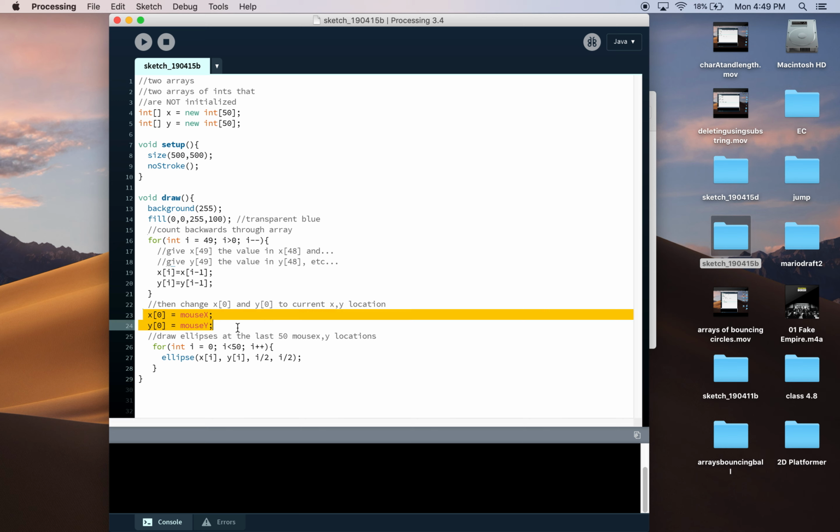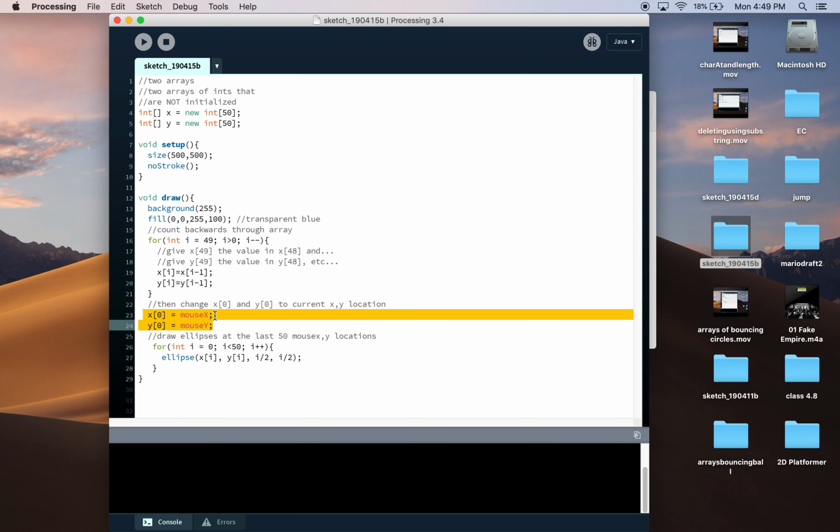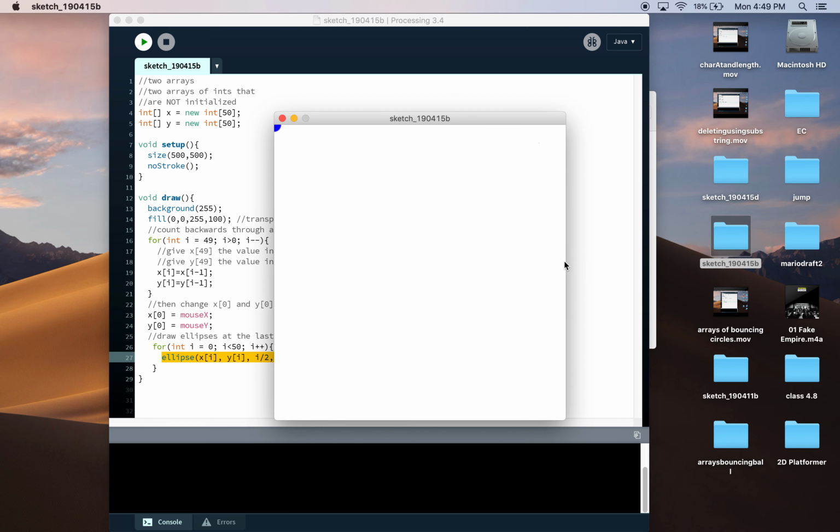Then once you're finished with that, just one time after the for loop, you assign the first one, the x0 and y0, to the x and y value of the mouse, and then display all 50 of them, so it's the 50 previous locations of x. So two things that were possible